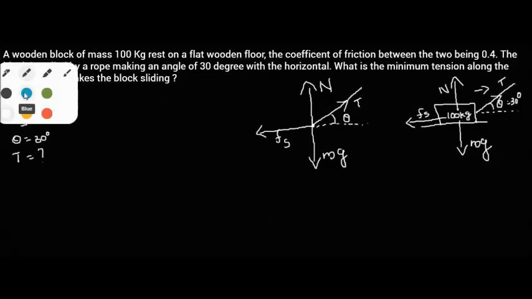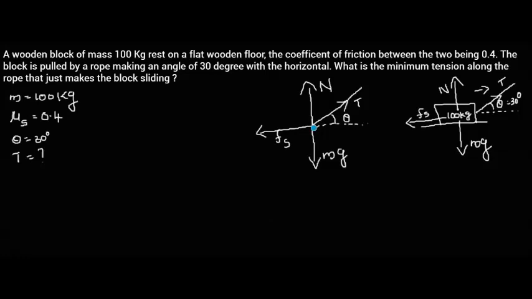So once we have plotted all the forces acting on the object, we have to resolve all the forces into parallel component and perpendicular component, or along the y direction and x direction. So we have to resolve the tension into parallel component and perpendicular component. The component which is closest to theta will be T cos theta, and this will be T sin theta. Right. So now this is our free body diagram. Once we have drawn the free body diagram involving all the external forces, we have to apply Newton's law to solve the situation.